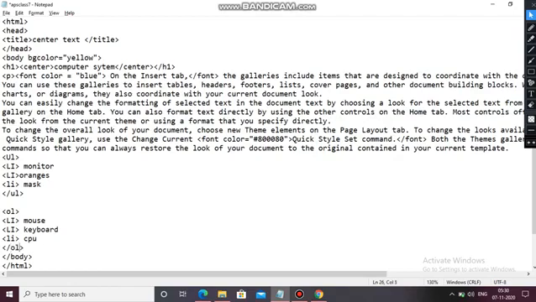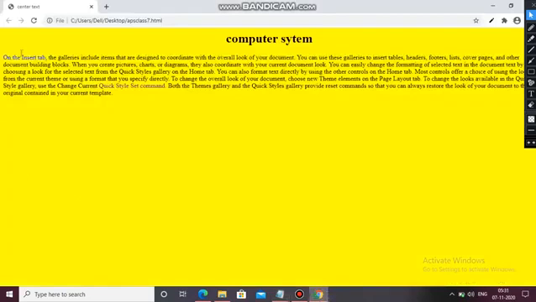Okay, Control S, and let's see in our browser. See here, easily you can see the changes. When I used ul, it's showing the bulleted list, and when I used ol, it's showing the numbered list.